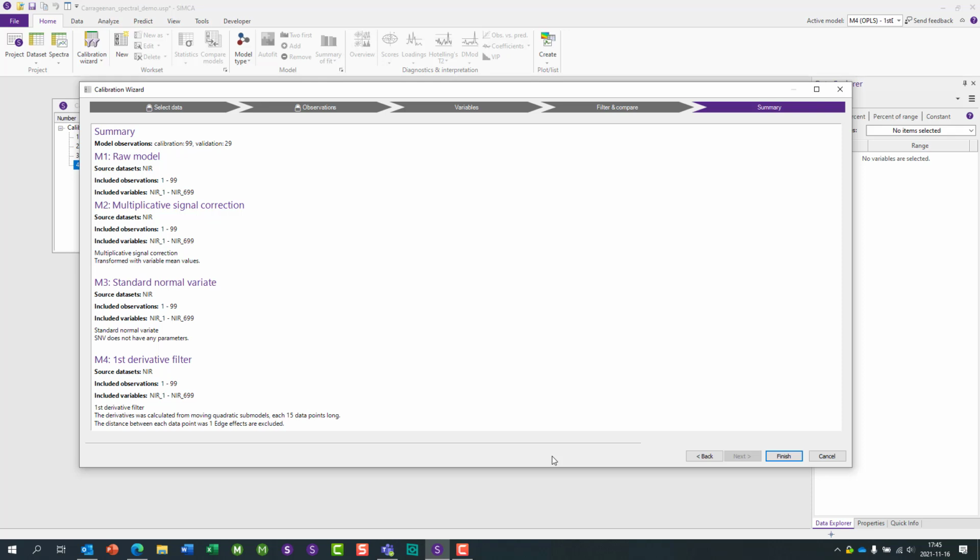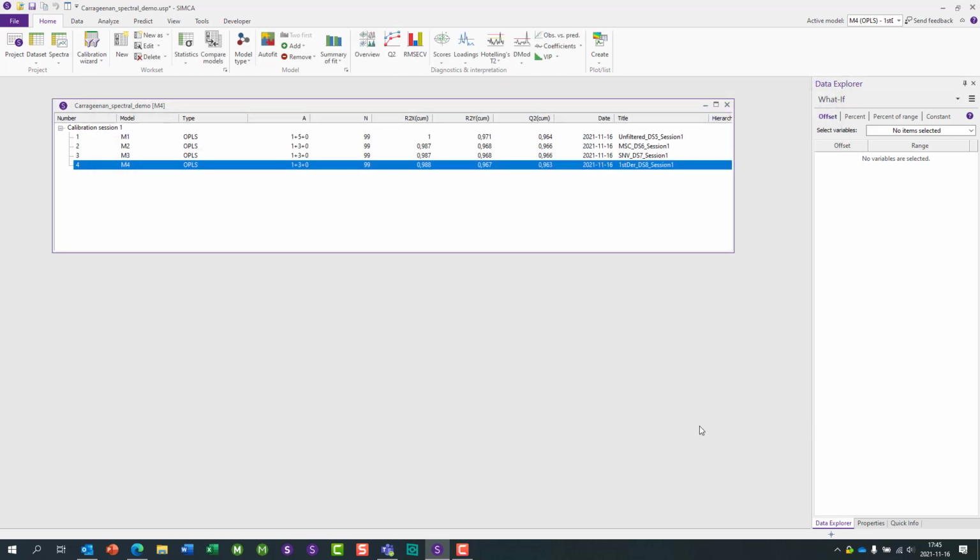In the final summary page, we get an overview of the details behind each model, such as how many observations were included, how many variables were included, which signal preprocessing tool was used, and the setting of any adjustable parameter. When clicking Finish, we exit the calibration wizard, and we are now inside main SIMCA, where we can see that